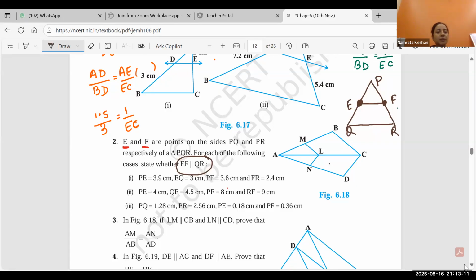हमें डेटा क्या गिवन है? PE, EQ, PF, FR. तो हम ये चेक करके देखेंगे कि क्या रेशियो सेम है. क्या PE बाई EQ जो आंसर आ रहा है वही आंसर PF बाई FR के लिए भी आ रहा है? अगर रेशियो सेम है तो पैरेलल होगा, अगर रेशियो सेम नहीं है तो पैरेलल नहीं होगा। याद करो, अभी अभी मैंने कन्वर्स ऑफ द बेसिक प्रोपोर्शनैलिटी थ्योरम बताया, जो ये कहता है कि अगर रेशियो सेम है तो लाइन पैरेलल होगी, अगर रेशियो सेम नहीं है तो लाइन पैरेलल नहीं होगी।